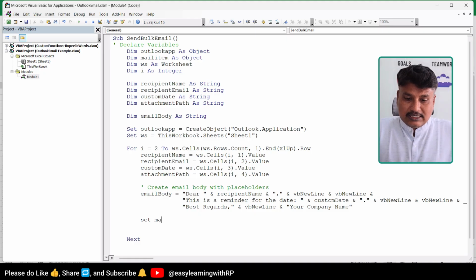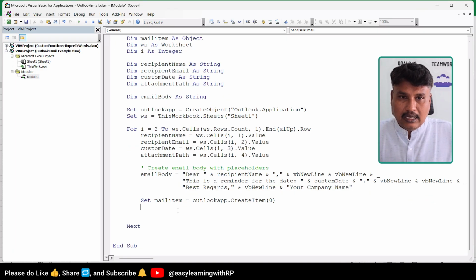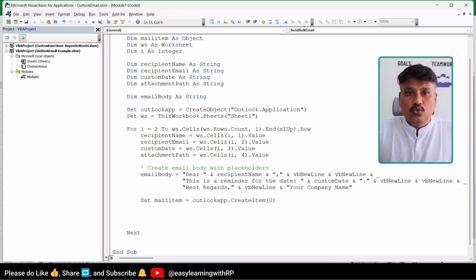We have to set a mail item first of all, equal to outlook app dot create item. Okay, so we are just going to create our first email item, and what we are going to send in this email, we are just going to configure the to, cc and all that.